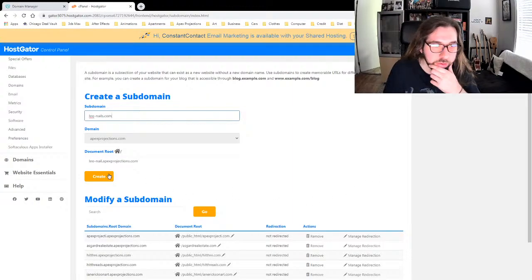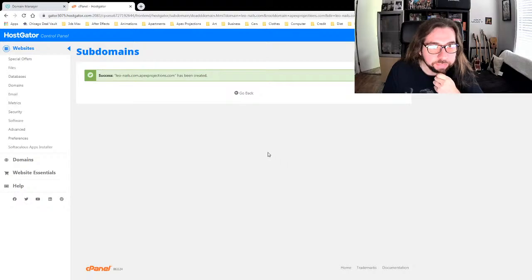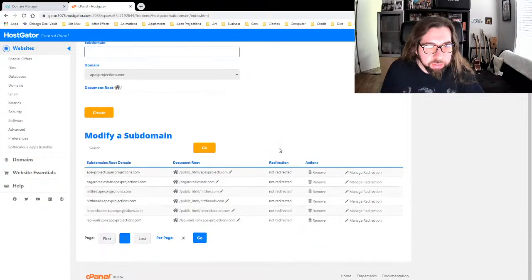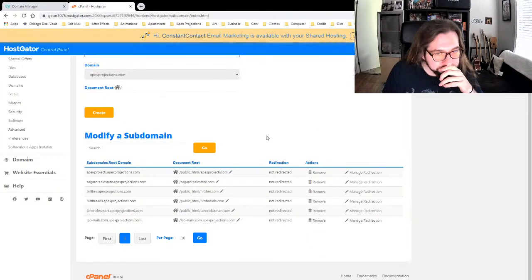Leo-nails.com. Okay, create. leonails.com.apexprojections.com has been created. So like my base website set up with this was apexprojections.com. So now